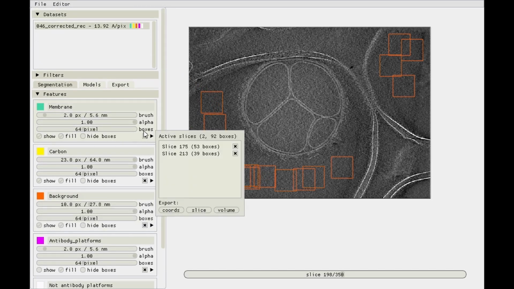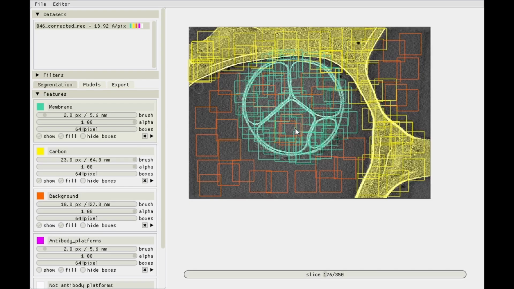And with that, I think I'll end the video here, and then in the next one we'll look at setting up model